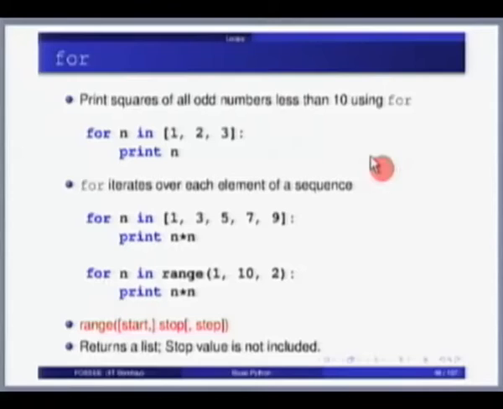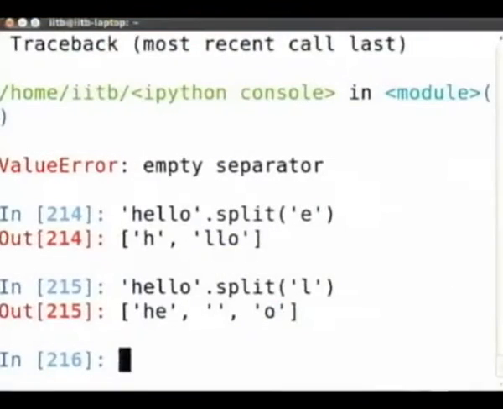Okay, I think I have given enough and more examples of split and join, so much so that people may complain that I am doing too much on split and join. Let us move on. We have about 5 minutes. I will wind up with for. We looked at containership, right? For n in some sequence, print n. For example, this example. So let us try this out.